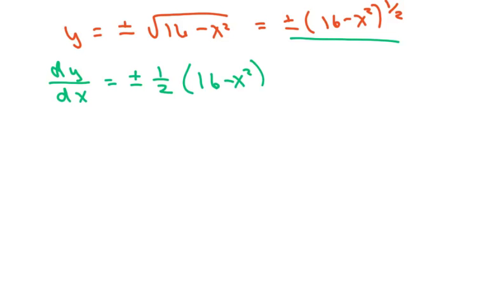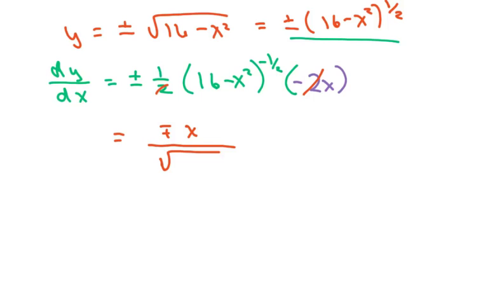and I'm going to use this one, so I'm going to get plus or minus 1/2 times 16 minus x squared to the negative 1/2, and then you take the derivative of your inner function using your chain rule, and that's going to be negative 2x. So cleaning this up, we're going to get minus plus x, because the 2's will cancel, over the square root of 16 minus x squared, and I can rewrite this as negative x over plus or minus the square root of 16 minus x squared, and